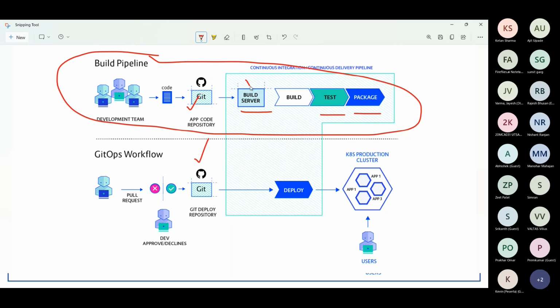Second tool is the build server, where we will need to have the build executed, and then you will be having the third one in order to perform the deployment. So the third category of tool will be available there. But if you talk about GitOps, in this one all these things will be done at the Git repository or the Git website itself. So you don't have to procure two, three different tools. So that's a main benefit.